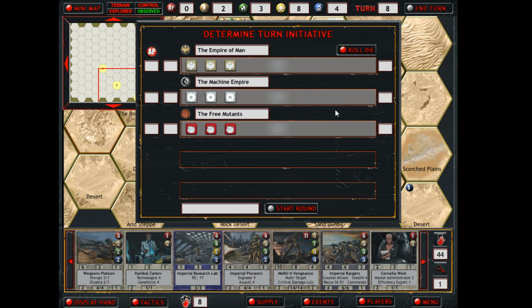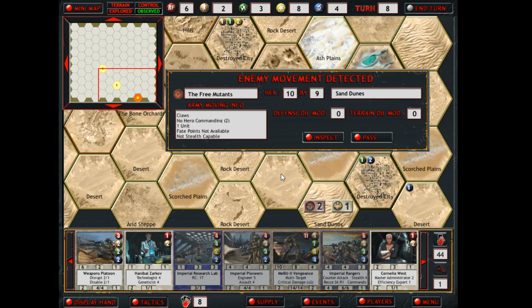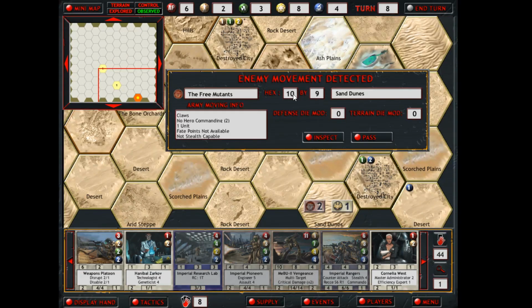Remember WASD. All right, we go third. We only get 6 action points. Big whoop. It shows you enemy movement, and this is how it shows it to you. I do like this. I can click, and I can still use WASD to move around. It's hex 10 by 9. There you go, right there. It's saying, in the sand dunes even,